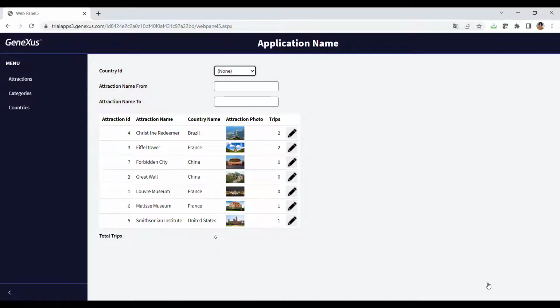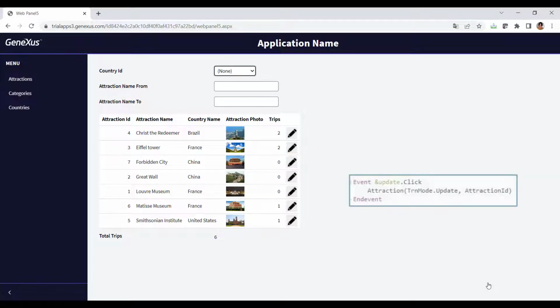What would happen if we hadn't added the attraction ID attribute in the grid? By clicking on the image to update, what attraction ID would have been sent as a parameter to the transaction? The answer is, it would not have that value to send. Since it'll be used in an event at the line level, which will be triggered after the lines have been loaded, we cannot remove attraction ID from the grid. Because here, we are no longer in the database. The grid has saved, upon the loading with the load event, all its common values and nothing else. A later event will work only on the data loaded in the grid.